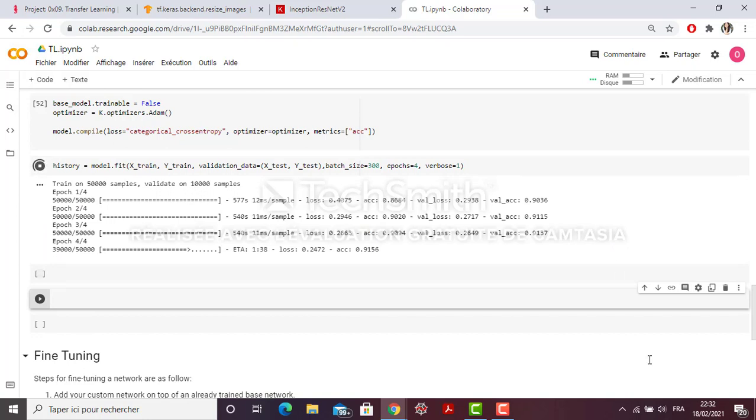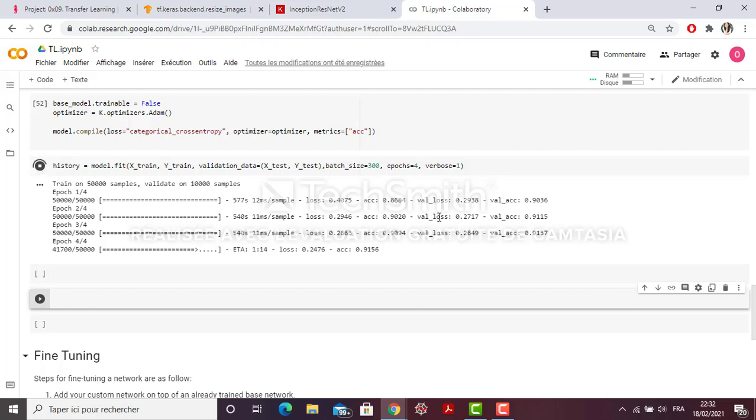Okay, so it's been 30 minutes and until now we have a pretty good accuracy for both training accuracy and validation accuracy. We have a low loss for both validation and training, which is a good thing.